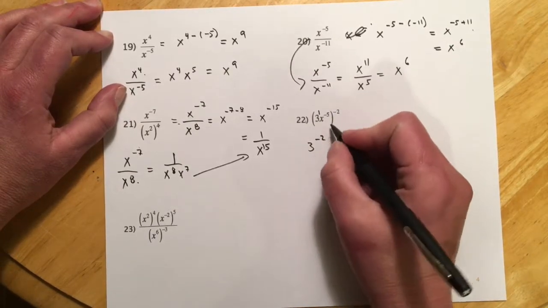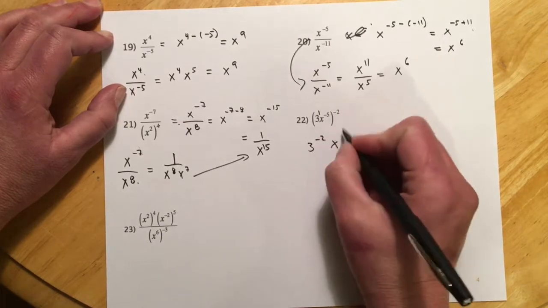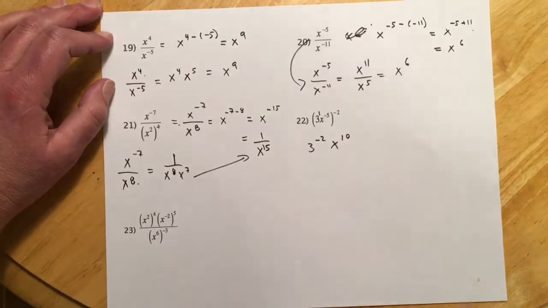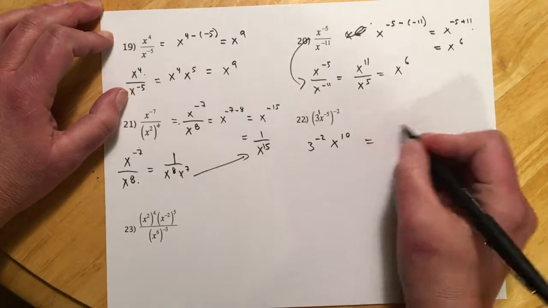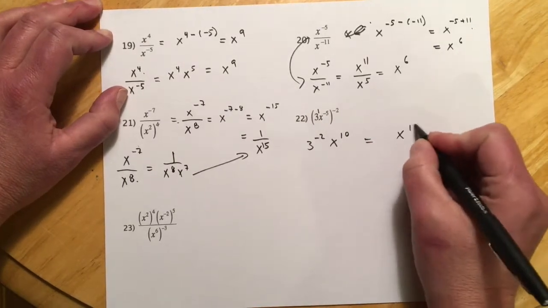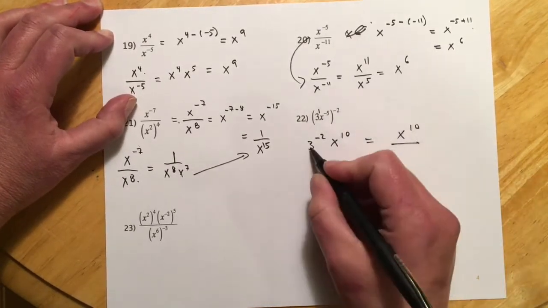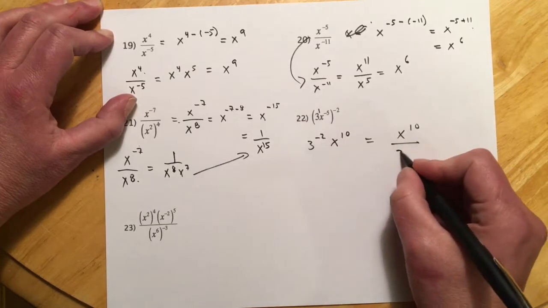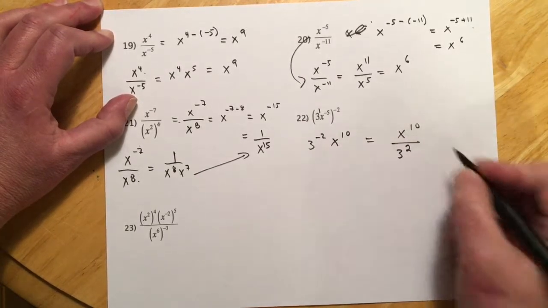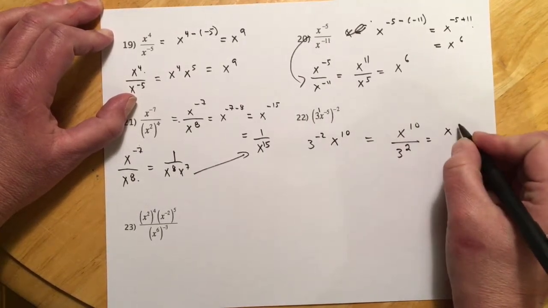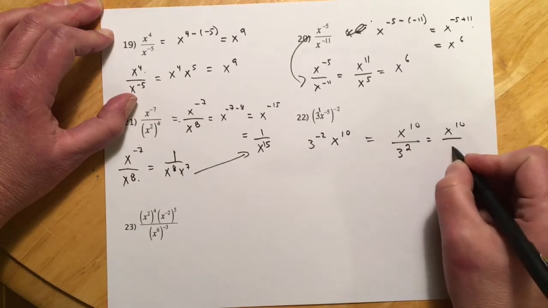So negative 2 times negative 5 gives me x to the positive 10. So then when I go to simplify this, x to the 10th is fine. It's got a positive exponent. There's nothing I need to do there. But this has a negative exponent, so I need to bring that down to my denominator and then just clean it up a little bit. So x to the 10 over